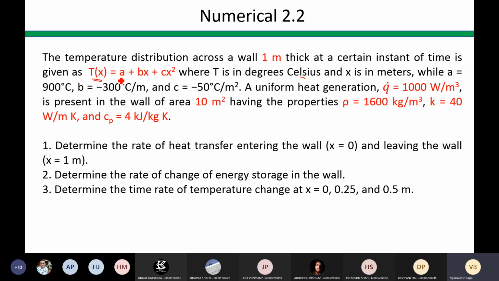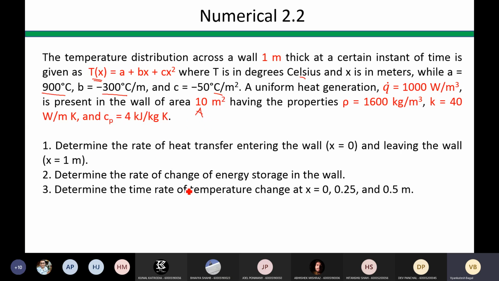These coefficients a, b and c are given: a is 900 degrees C, b is minus 300 degrees C per meter, and c is minus 50 degrees C per meter square, right? Then we have uniform heat generation, where the volumetric heat generation rate q dot is 1000 watt per meter cube, present in the wall of area